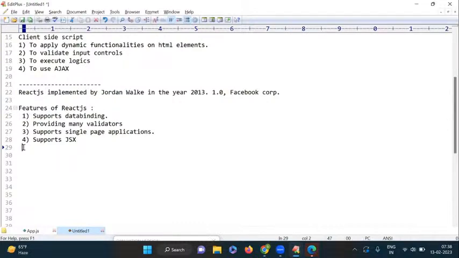Generally we are writing JavaScript in one location, HTML in another location. So from JavaScript, we are calling the HTML controls by using document.getElementById. These functions we are using. But in this JSX format, we can combine these two. That is the main advantage of this. Okay, so React supports ES6. Next one supports